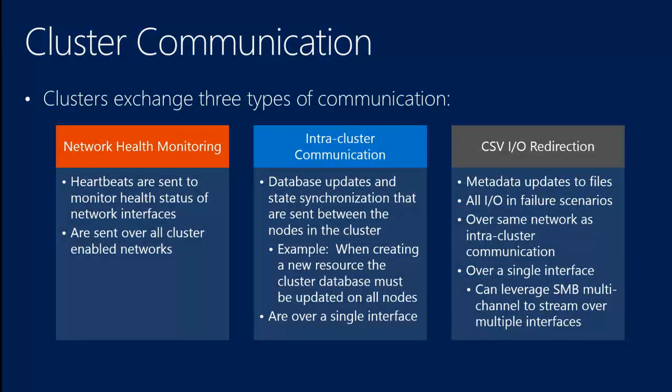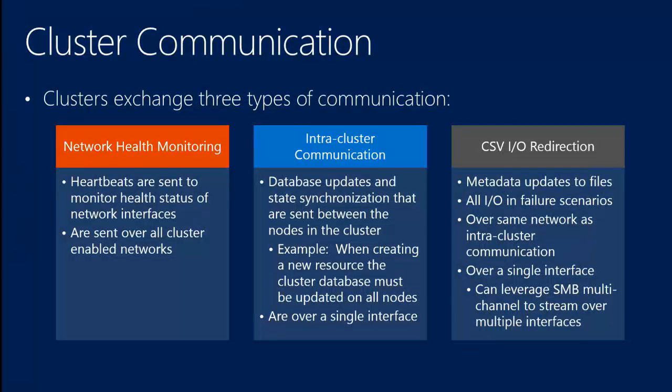All right, let's talk about the different types of communication that clustering does. There are three types of communication you need to think about. First, there's network health monitoring. Those are the heartbeats we're sending between the nodes in the cluster. Remember, once a second, we're doing communication between the nodes and monitoring the health detection of the different interfaces. The other type of communication to think about is intra-cluster communication, such as